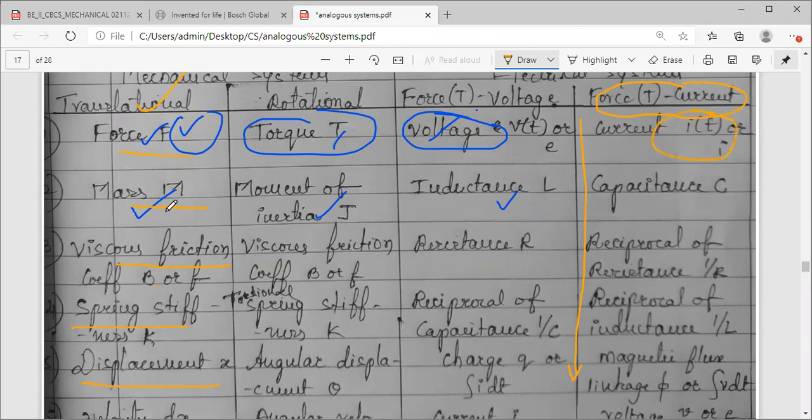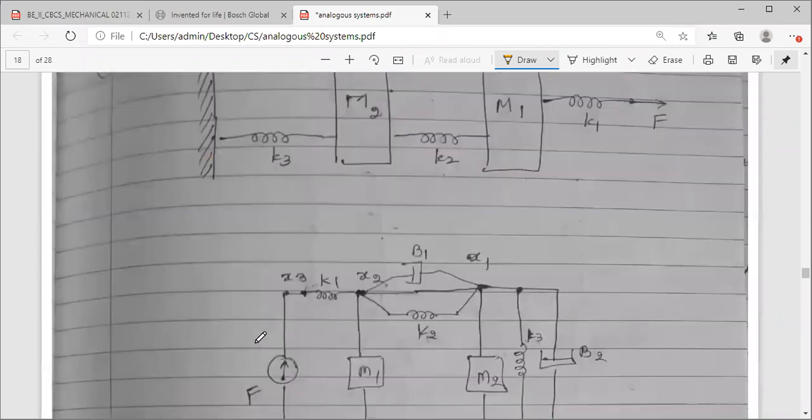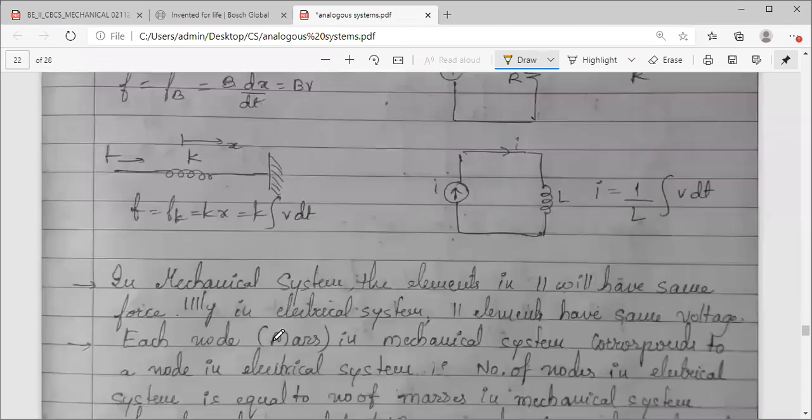Force equivalent is current, mass equivalent is capacitance, B equivalent is the reciprocal of the resistance, spring stiffness coefficient K is the reciprocal of inductance, and displacement is nothing but the magnetic flux phi or simply EMF E. You can take both. In general it is phi. Velocity is voltage E in the force current analogy. Okay, so with this, if you observe the problem which we are now solving,